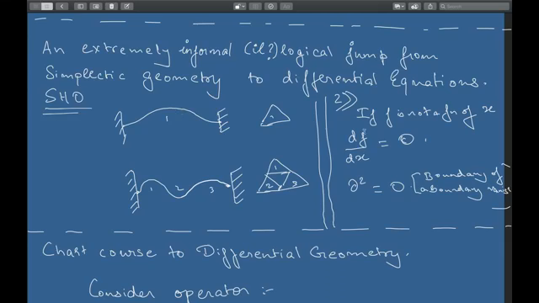Okay, so secondly, a somewhat more formal relation is if f is not a function of x, but it is a function, then df by dx is zero. The derivative of x with respect to f is zero. In the sense, f here becomes a constant, right? So the same thing. A boundary of a boundary vanishes.